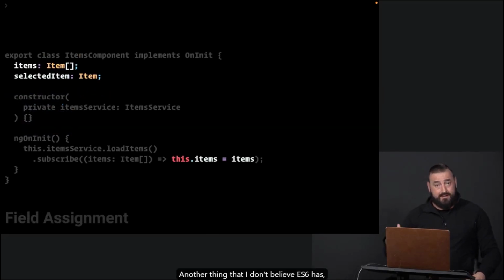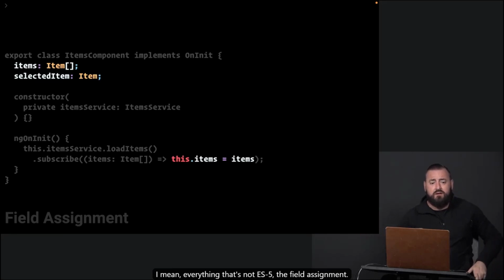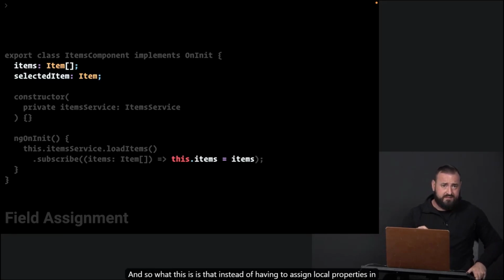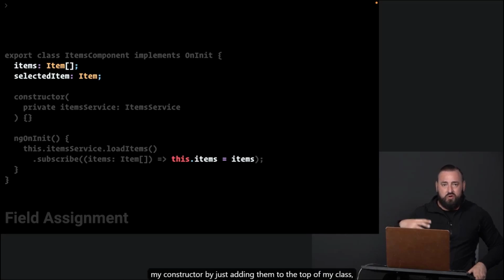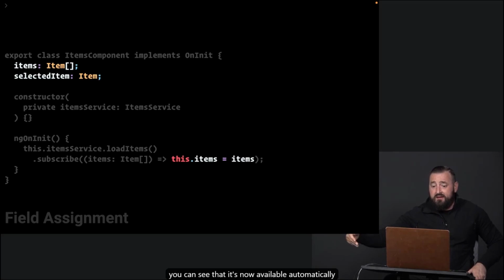Another thing that I don't believe ES6 has, or if it has, it just has recently happened. By ES6, I mean ES, everything that's not ES5. The field assignment. And so what this is, is that instead of having to assign local properties in my constructor, by just adding them to the top of my class, you can see that it's now available automatically to everything else in the class as a local property.